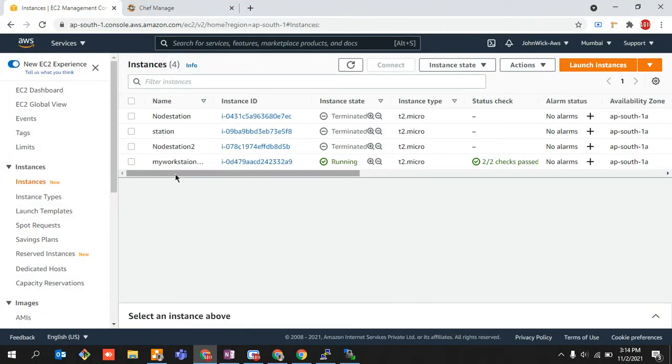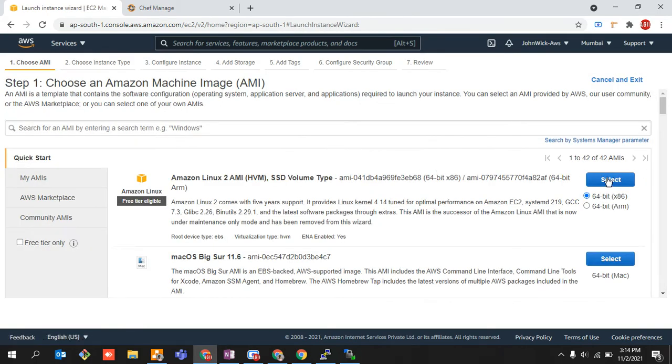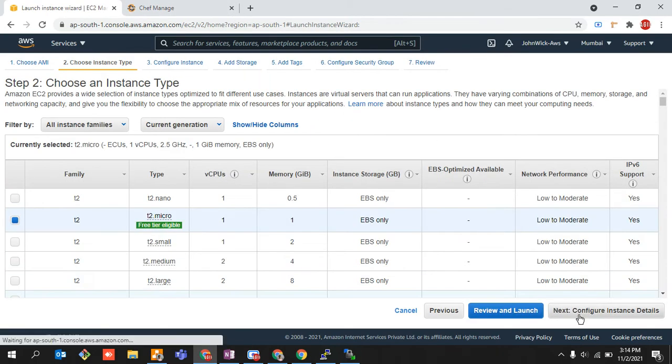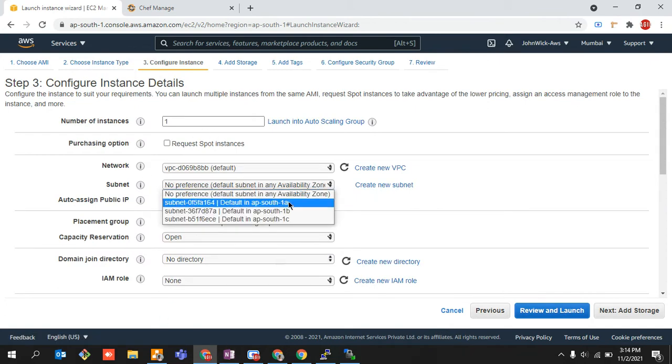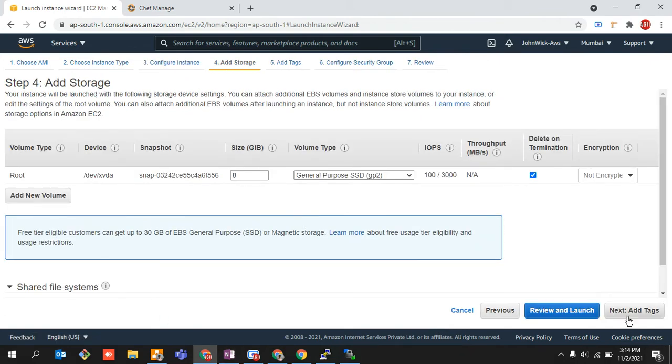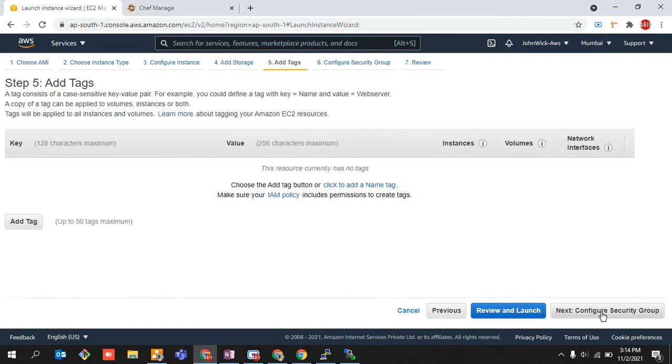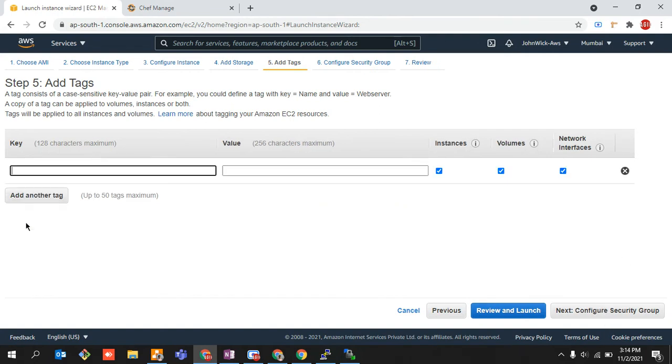So I'll quickly go to my EC2 instance. I'll create another machine onto AP South 1A, right? I'm going to launch instance. Add your storage, add your tag, give it a meaningful name.